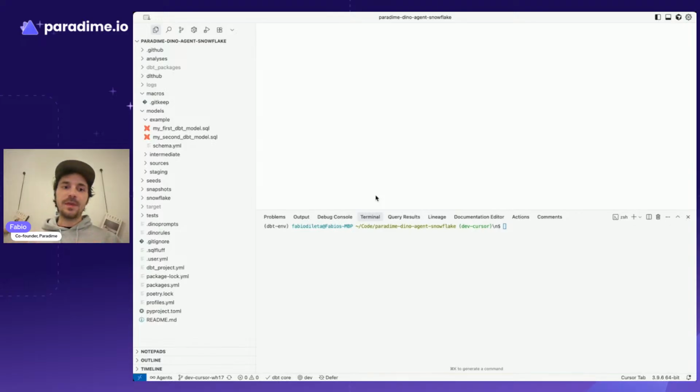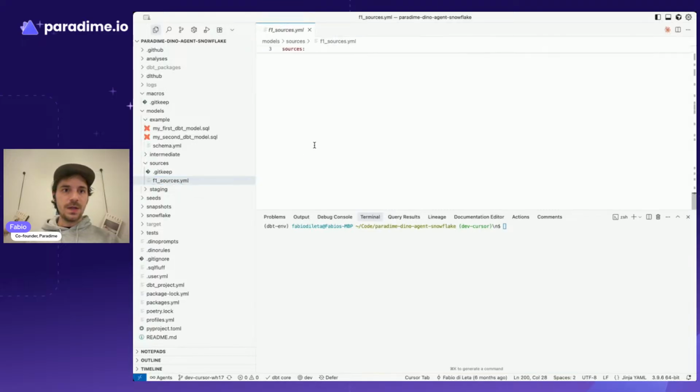So I did have to spend time setting up my dbt Power User extension, making sure that my virtual environment was set up, and installing all these sorts of things before I could actually get my hands on some active development there. So what we're going to do now, we're going to switch back. Actually, we can continue from here. We can go ahead and start doing some development work and see